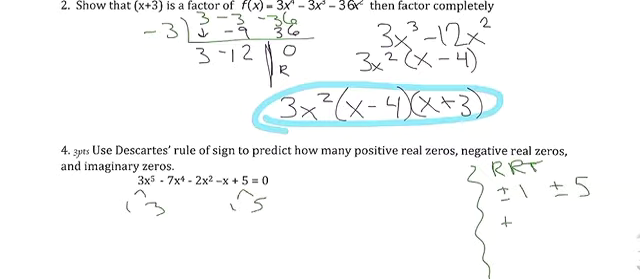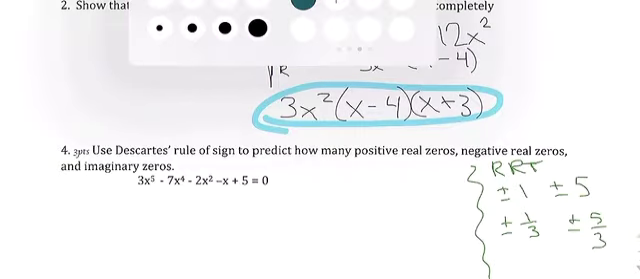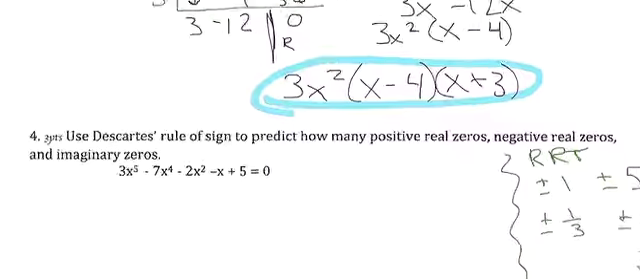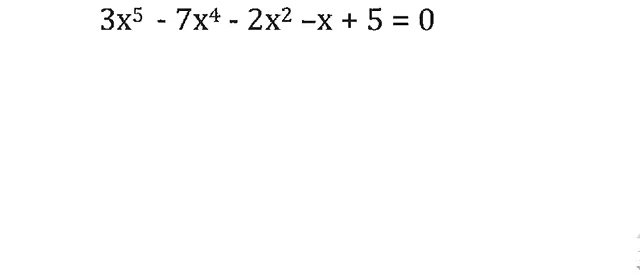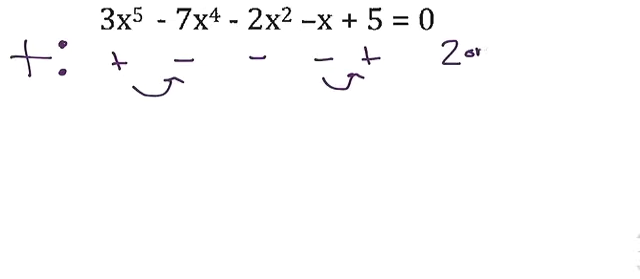So it becomes positive or negative 1/3 and 5/3. If we were asked to do that, that would be a possibility. However, the question actually says to predict how many positive, negative, imaginary. So if x is a positive number, then this would be a positive term, this middle term is negative, and the 5 at the end is positive. So we look to see how many times the sign changes. The sign changes once, twice, so we'd say 2 or 0,